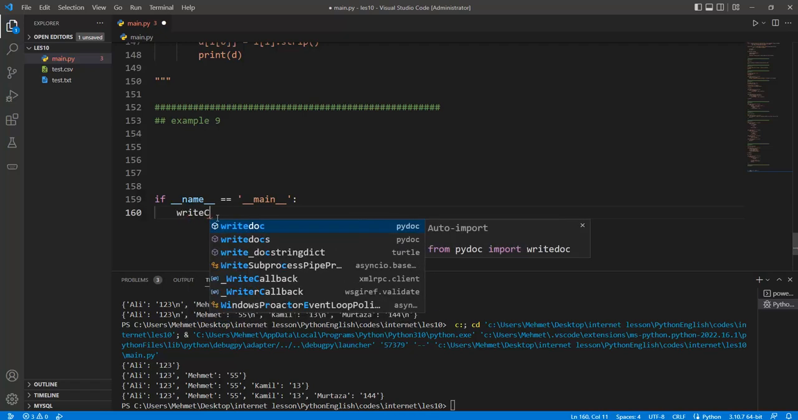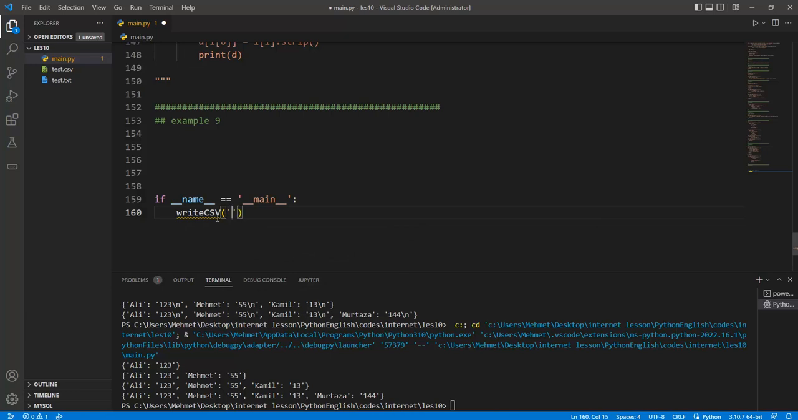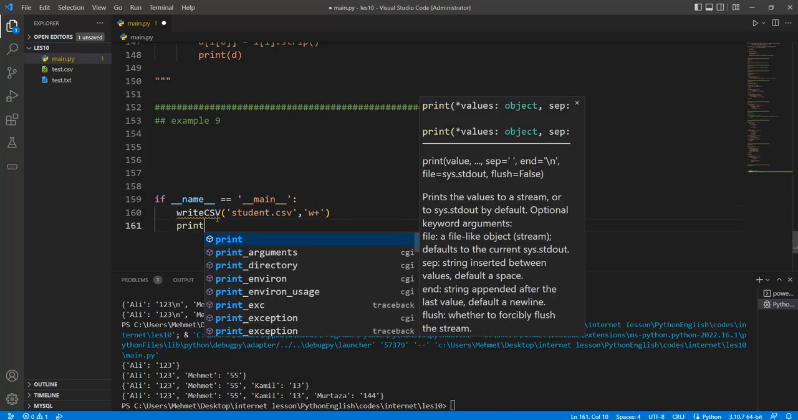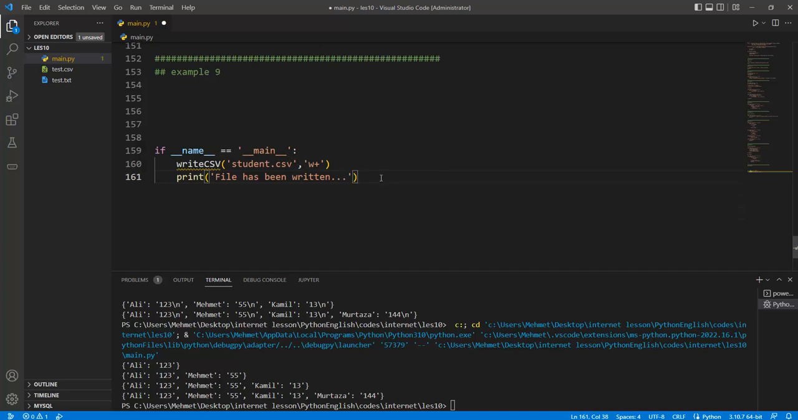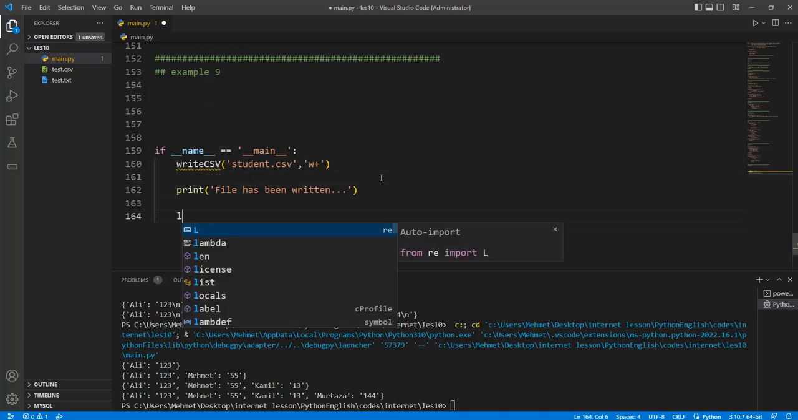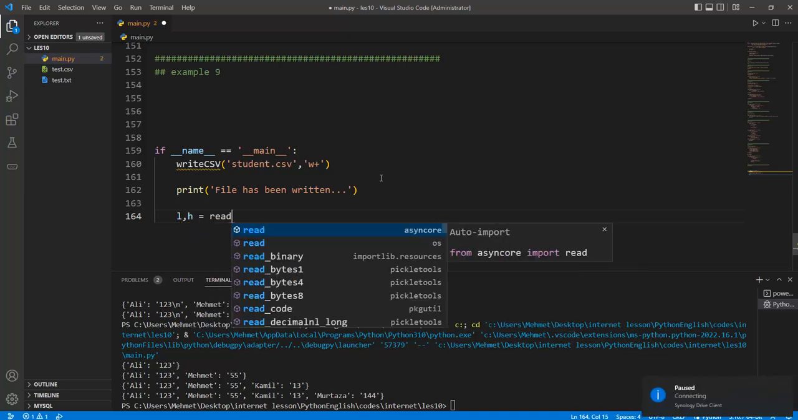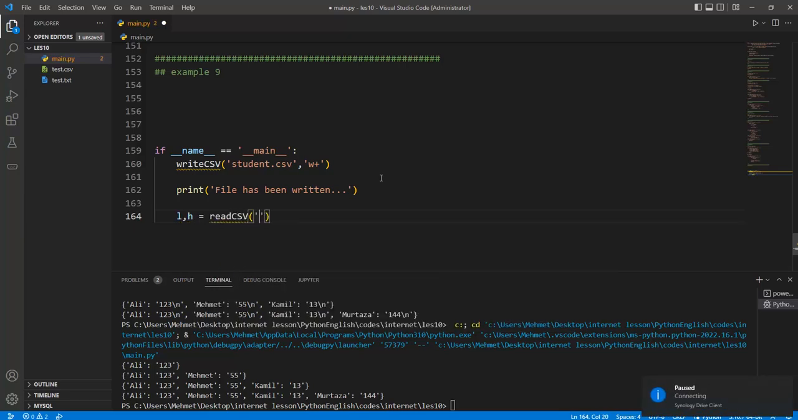Okay, and so we can create the write CSV file in here like this one, and we can define the student CSV in here in the writing mode, and we can print the file has been written in this case. Okay, and so if we call the write CSV function body, student CSV is created in the writing mode, and then we create another function body in here like this one. L and H is the return value of our read CSV file, and so the student